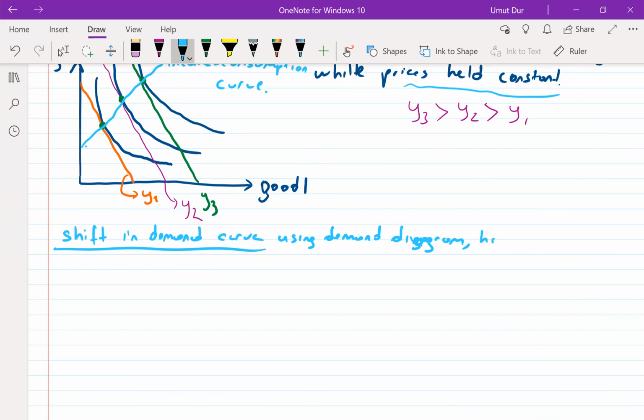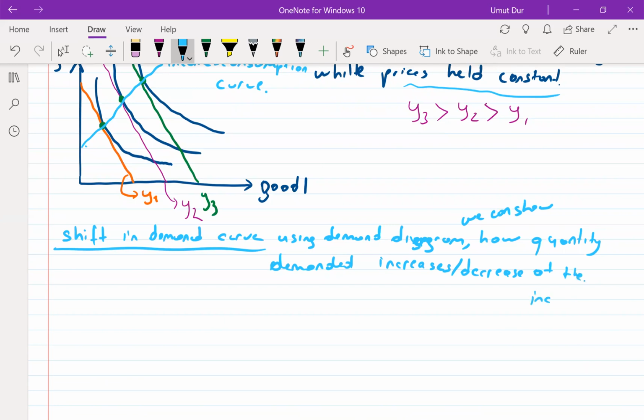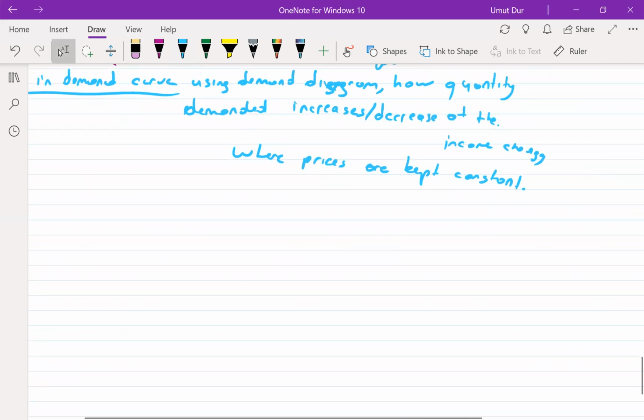We can show how quantity demanded increases or decreases, of course, as the income changes, where prices are kept constant. Okay, so this is the second way, and the third way is